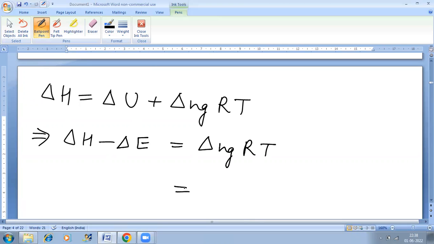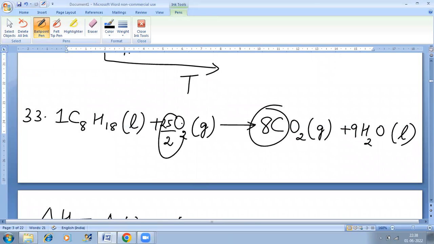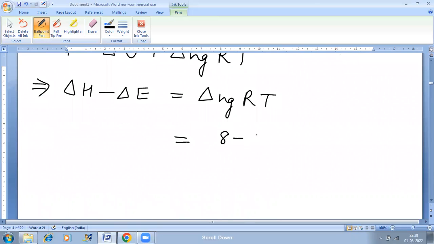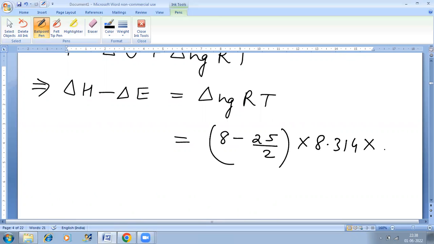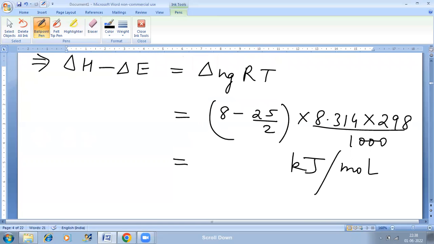Let's put the values. Delta Ng is how much? 8 minus 25 upon 2. R will be 8.314. I'm using SI units, so joule per mole per Kelvin is the unit of R. Temperature is 298 Kelvin. If I compute this, I'll get the value in joule per mole. And if I divide this by 1000, I'll get the value in kilojoule per mole. So if I compute this, then it's equal to